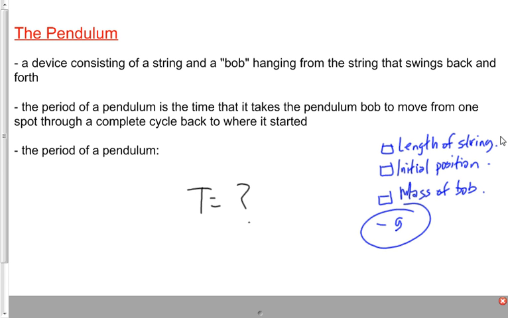I'm going to pull this back to about 45 degrees, and I'm going to pull it back to about 45 degrees each time. First time the length of the string is however long this lanyard is. It's, I don't know, 45 centimeters maybe, 40 centimeters. Pull it back, let it go. I'm going to say start and stop. Start when I let it go, stop when it comes back to its initial position. So that's going to be the time for 1 complete cycle. In your mind, you're going to kind of time it, not with a stopwatch, but you'll know, right? If I say start, stop,